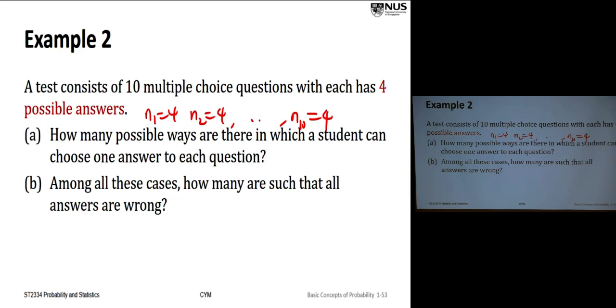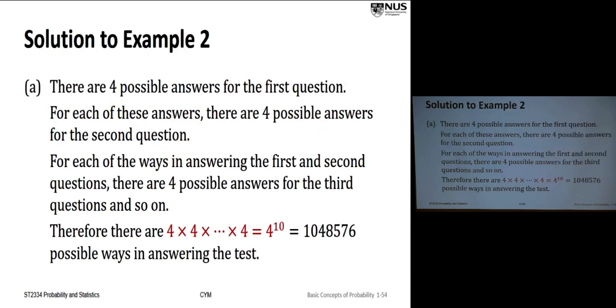All right? You know how big the number is? It's, yes, 1 million. 1 million, all right? So think of it, if you just guess in a multiple choice questions test, 10 of them, the chance that you get all correct is 1 out of 1 million, smaller than that, right? So the moral of the story, study lah. So don't guess. I know, sure, 4 answers, I got the correct one. I answered correctly each question. Then I got all correct. I got an A+, right? Okay. Now,